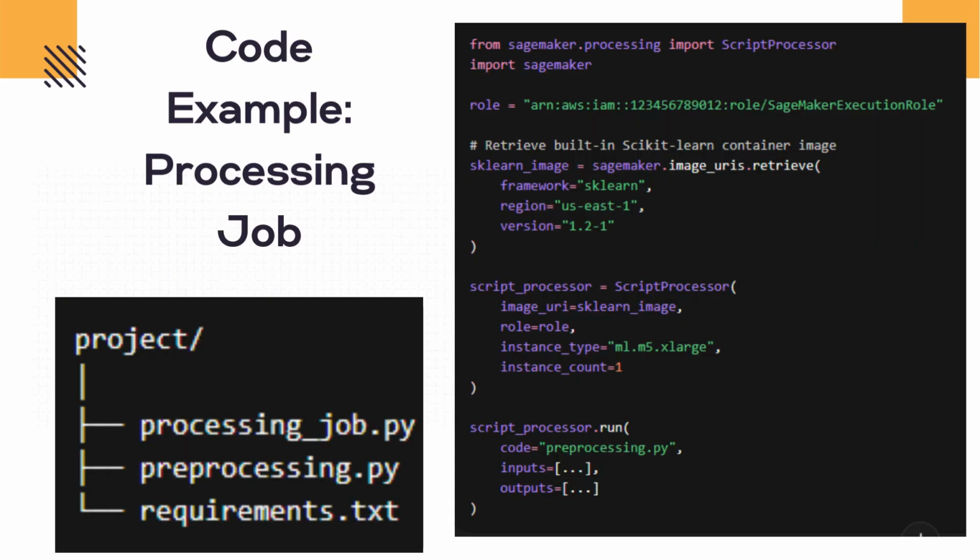Let's look at how we actually create a processing job. In a typical project, we have two files. The first is processing_job.py, which launches the SageMaker job. The second is preprocessing.py, which contains the actual data transformation logic. Both files usually live in the same project directory locally. When we call